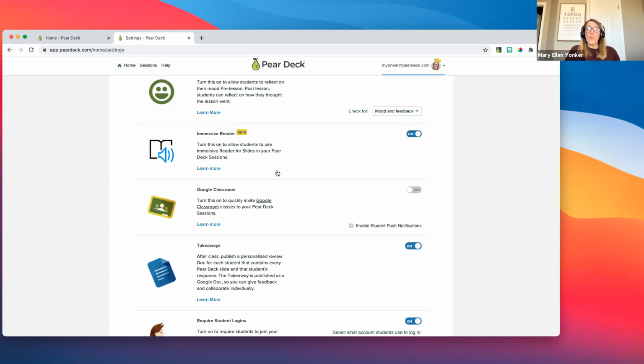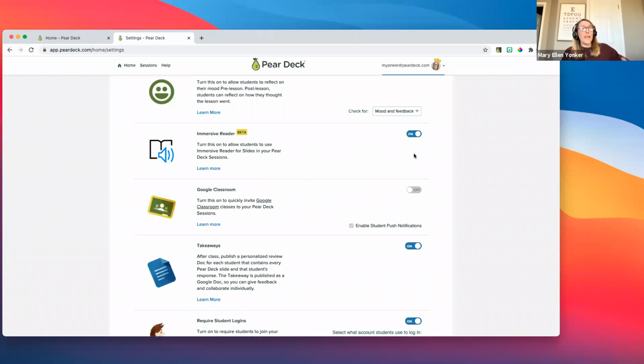Immersive Reader will read any content that's in a text box. They also can choose the target language they want it read in. So it does translate into lots of different languages. So please have that available for your students if that's something they need.